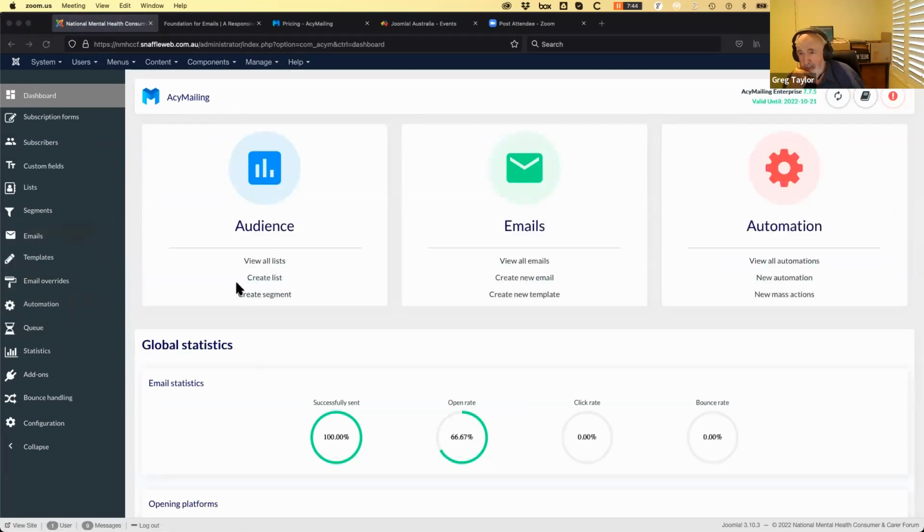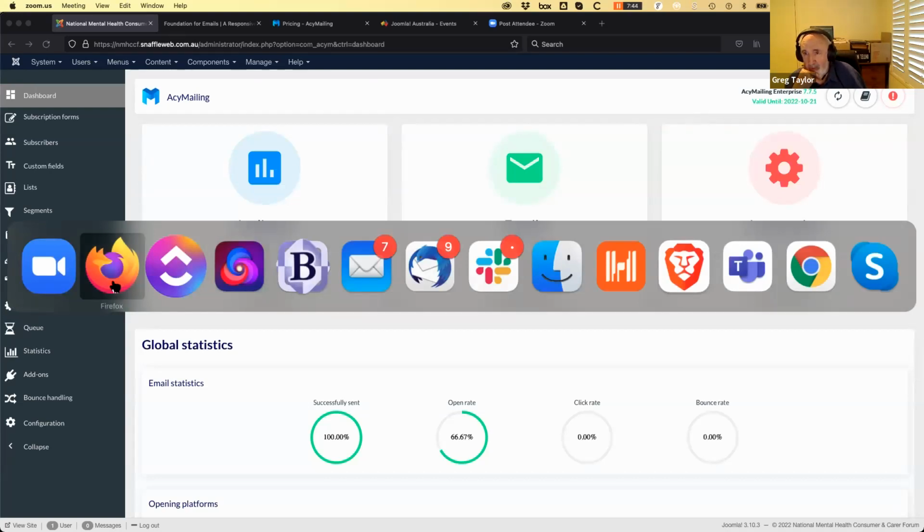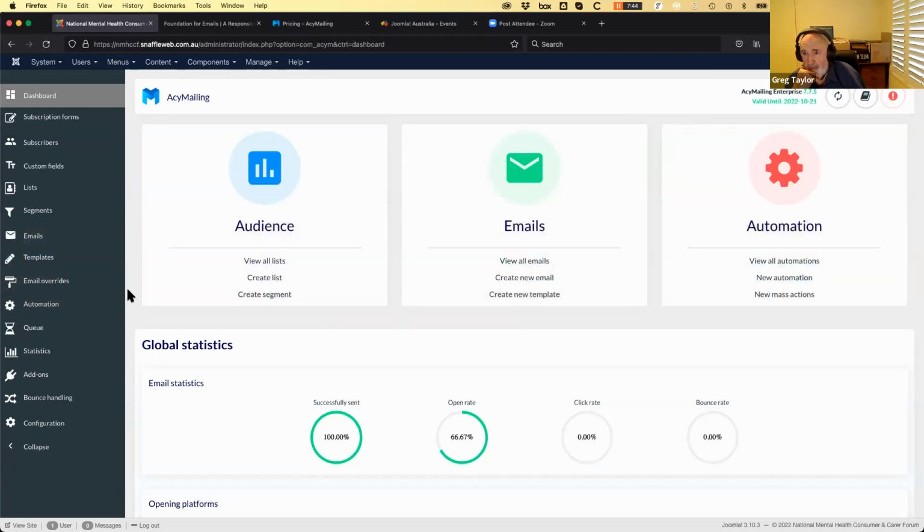And who are you using for your actual mail transport? Like which email provider, or are you using your own mail servers or what? Depends, yeah. So the 2 largest clients I have using ACY Mailing both have their own VPSs that are on very high level plans. So the mail is sent through those VPSs and runs at about 300 emails every 15 minutes, I guess. The best you can do on a shared hosting plan is about 75 every 15 minutes.